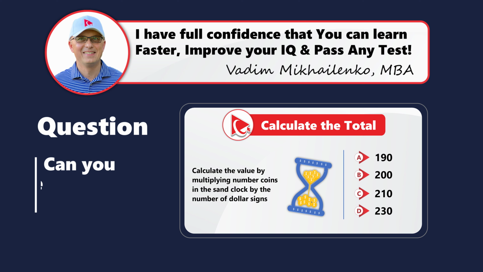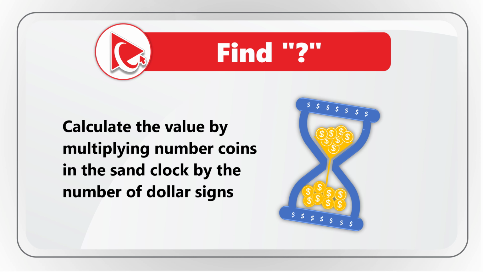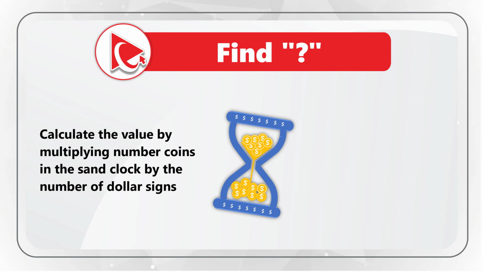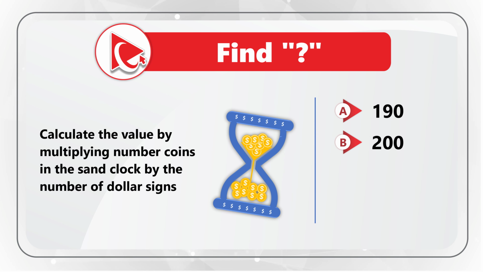Here's the problem for you to test your business math skills as well as attention to details. You need to calculate the value by multiplying the number of coins in the cent clock by the number of dollar signs. You need to select out of 4 possible choices. Choice A, 190. Choice B, 200. Choice C, 210. And last but not least,